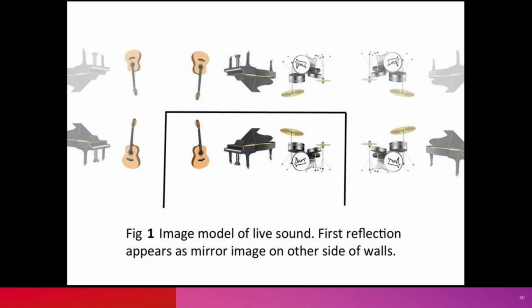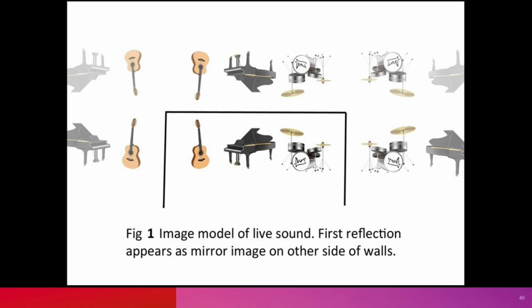Maybe if we take a look at the image model of live sound, this is a typical live sound. You can imagine the reflections of the instruments as additional sources on the other side of the wall. This is a technique in architectural acoustics that they use to design concert spaces, I guess. I mean, they could use it. It's not exactly a mirror image, but you want to get the spatial nature of the sound on the stage to have some spaciousness like this, right?